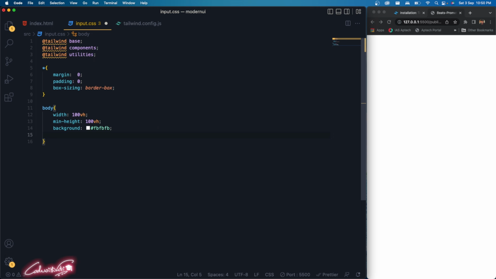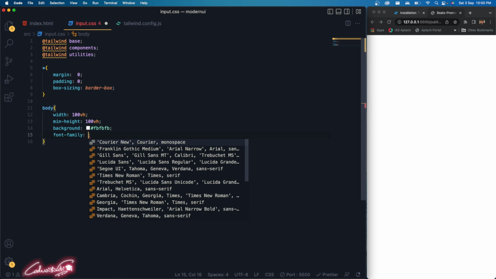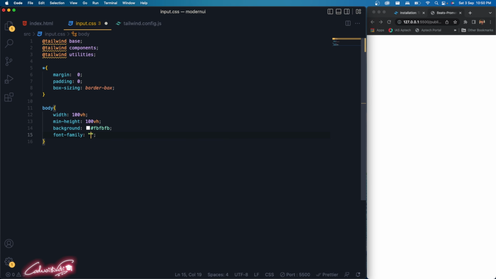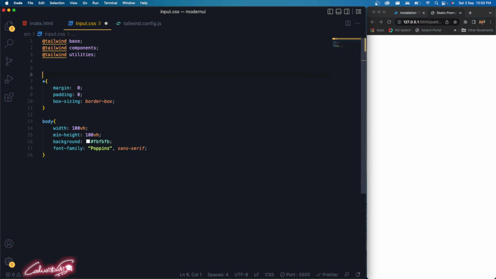All right, then font family, I'm going to use Poppins and sans serif. Still we haven't imported this Poppins package,